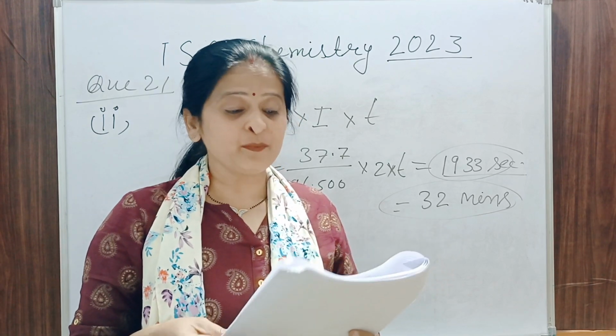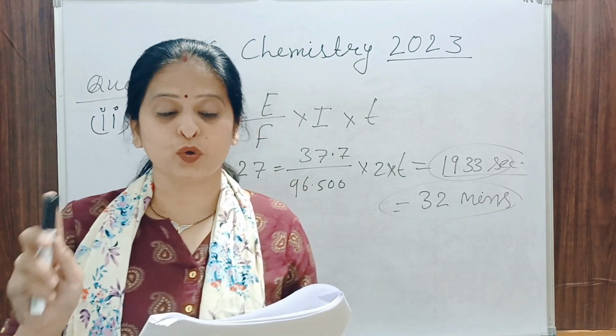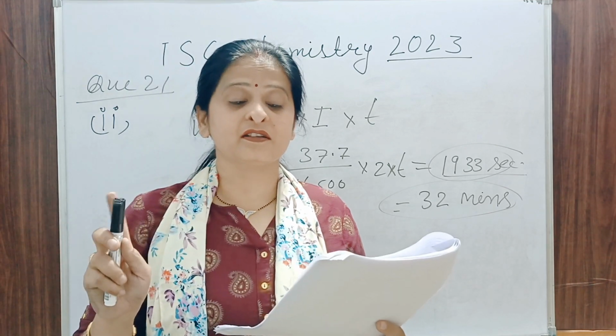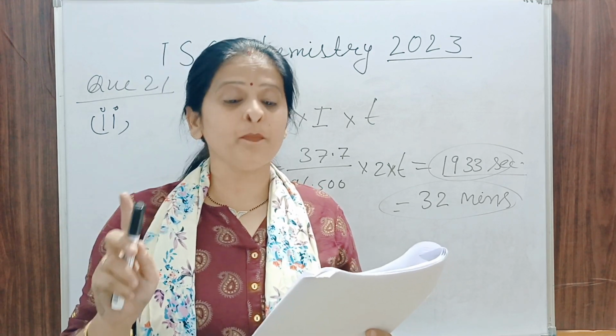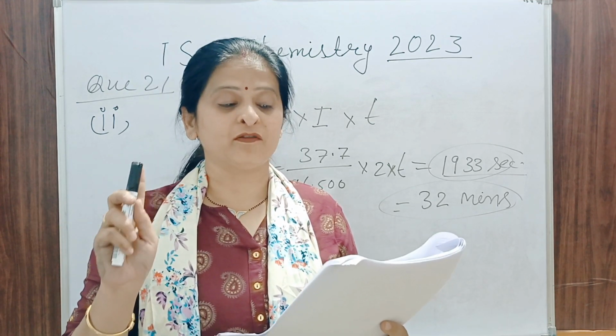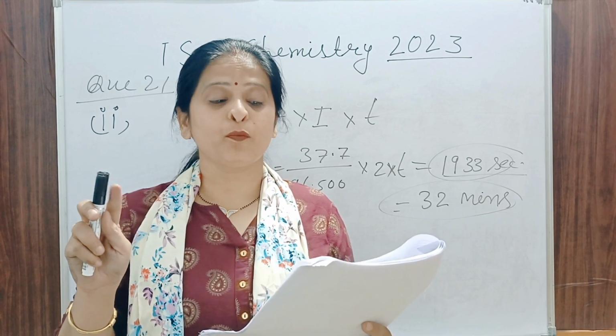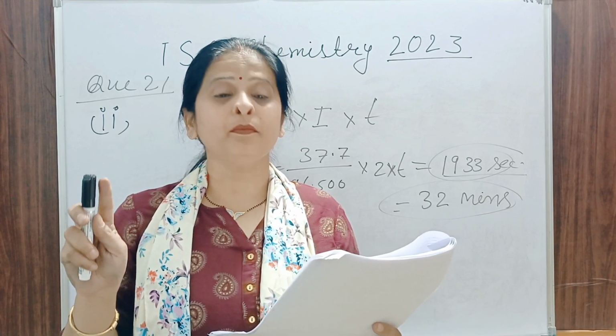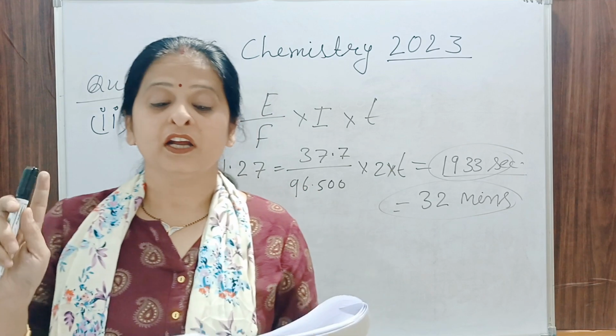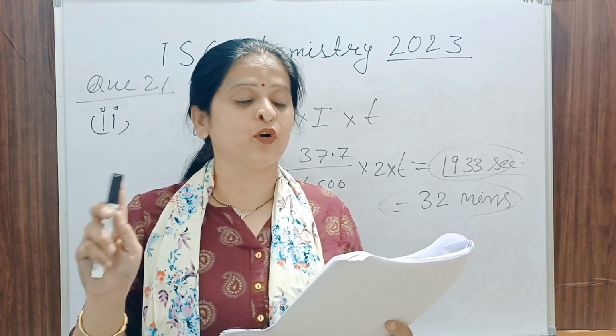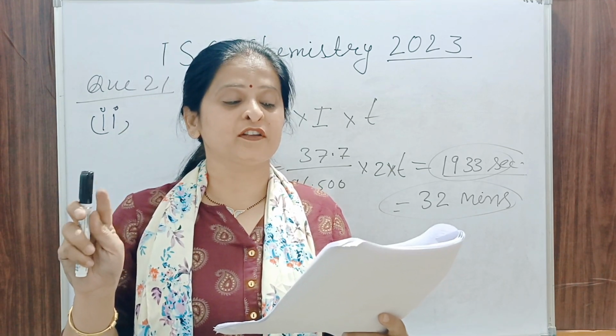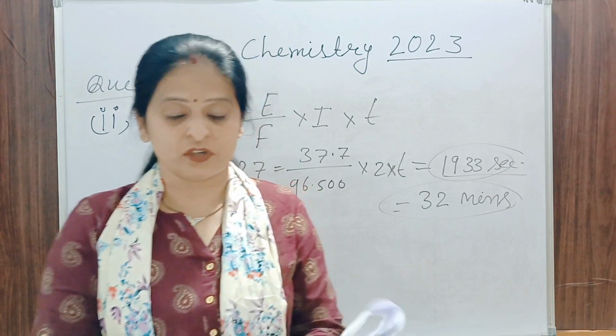When the same cell is filled with 0.02 M NaCl solution, the resistance is 1100 ohm. If the conductivity of 0.1 M KCl solution is 0.0129 per ohm per centimeter, calculate the cell constant and molar conductivity of 0.02 M NaCl solution. So how can we